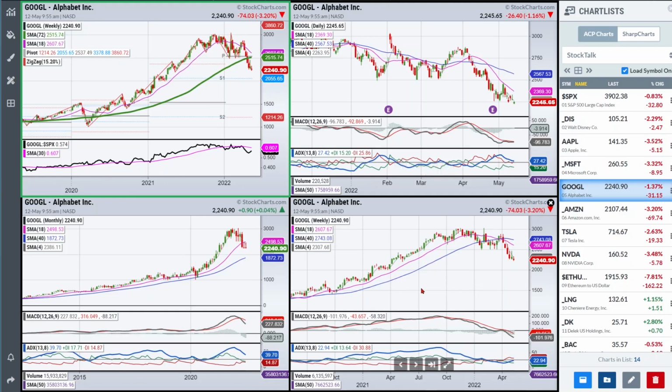And the one thing I did want to point out, and I know I mentioned that there are times when I don't really want to lean on ADX, and that's when we have increased volatility. So if we get a move in a lot of these stocks, it creates big, huge bars to the downside. ADX is going to lag, because when we get a big bar to the downside, red's going to go up and green's going to go down. And by the time we turn around, it's going to take a long time for the ADX to turn down. So the only way you're going to see that is to go down to a really small time frame like the hourly or something like that.